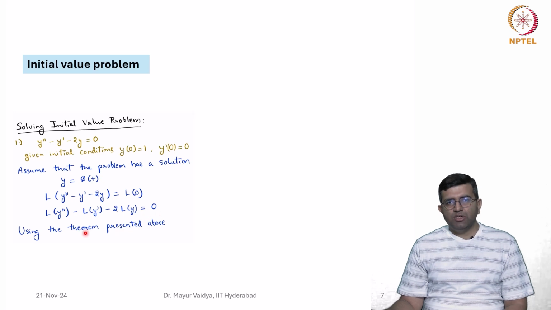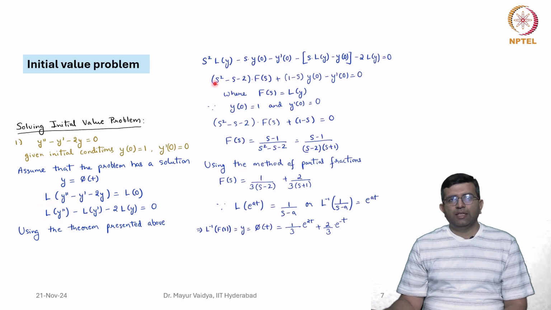Now, the theorem that we used in the previous slide allows us to split these like this. So the L of y double prime can be written as s square L of y minus s times y of 0 minus y dash of 0. Similarly, L of y prime can be written as s times L of y minus y of 0, minus 2 L of y equal to 0. And just for convenience, I write L of y as